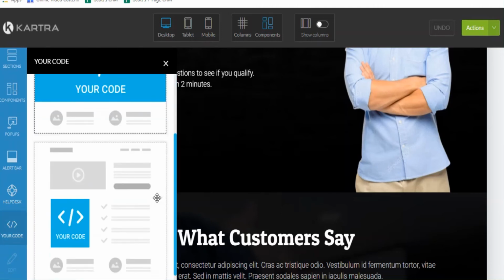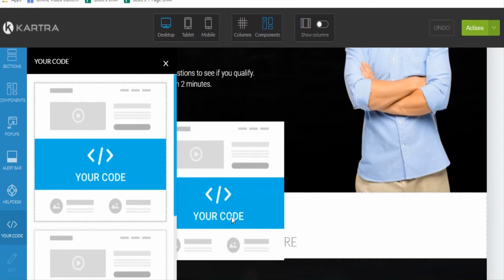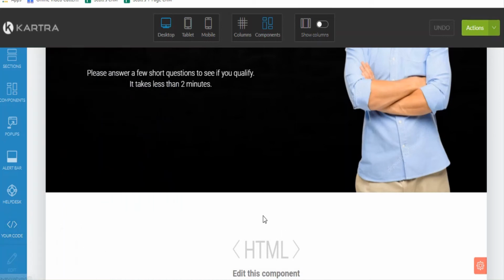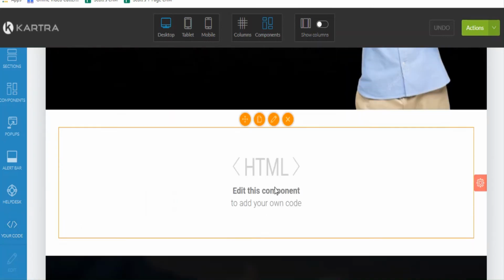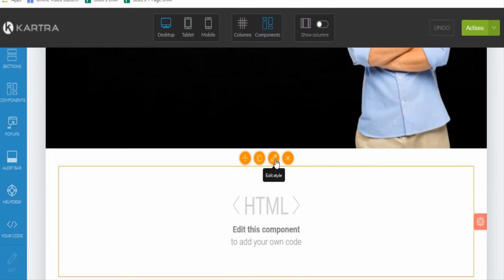So we'll grab that, and I'm going to grab this here and just drag and drop into this middle section here, and wait for that to load. Now you're going to want to put the code in this section here because this is where I want to embed the form. So we click on the pencil icon,